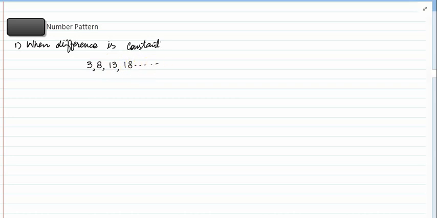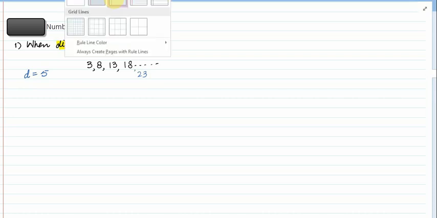If I ask you what should be the fifth number of this sequence, so you will say that 3 plus 5, 8 plus 5, 13 plus 5, 18 and the fifth number will be 23, right? So here you can say that the difference is constant throughout the sequence and that is 5. For such type of questions in which the difference is constant,